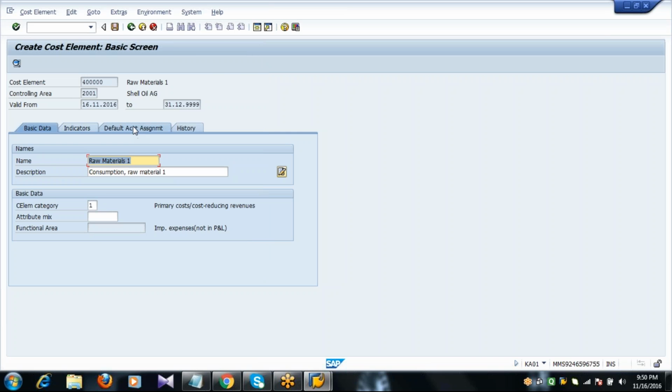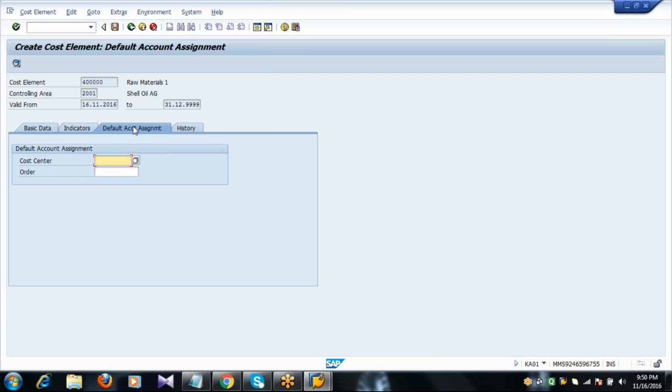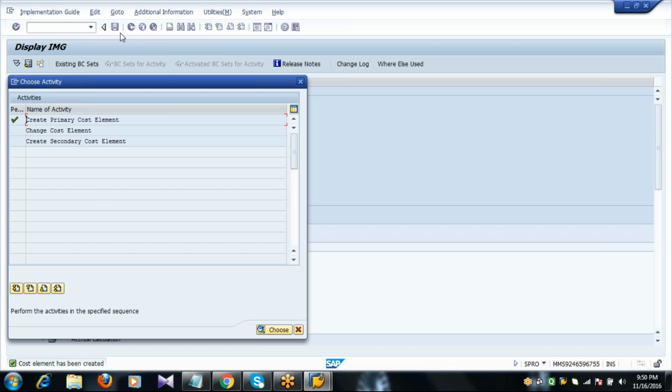You have another tab called default account assignment. Here I'll maintain the default account assignment, the cost center. Enter the cost center you have created. Press enter. Save. So the cost element has been created.